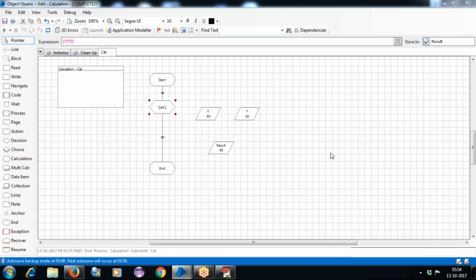Now if you want to change it, we have been given a star, right? Now you can see here, if I click on the calculation, we're able to see the expression statement that we have written inside this calculation. So we have been provided with the star. Again, I'll take the reset here.